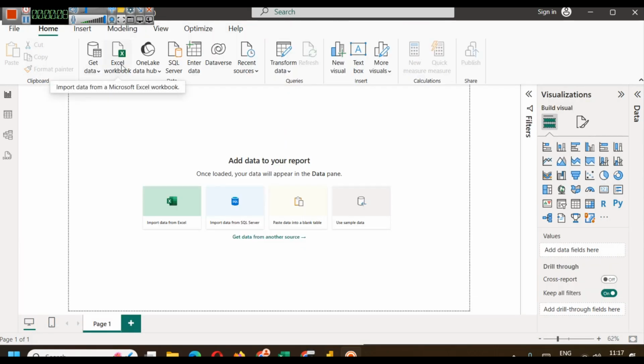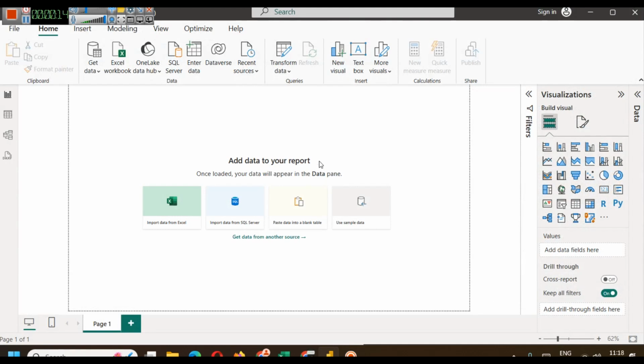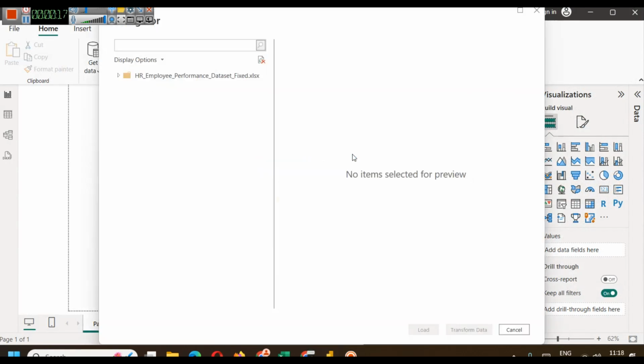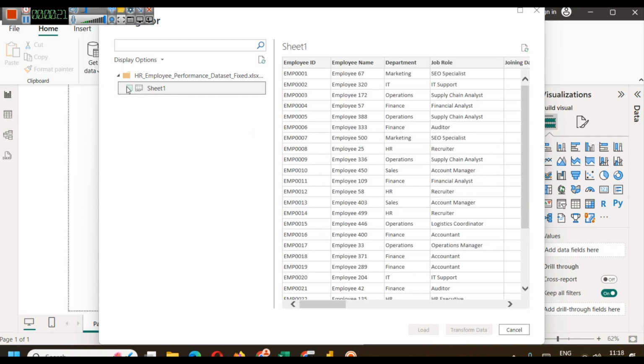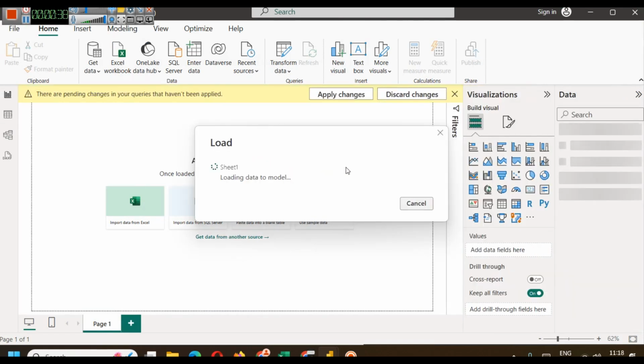Click on Excel workbook, locate your file and connect the data. Here we have the data set. We have made some fixes. We will provide you the fixed data set. And here you will see one sheet which we are going to open. Make sure the column headers are appearing properly. If they are, load. Otherwise, you have to go to transform and use first row as header, which we have shown in many tutorials. Now the sheet is loading